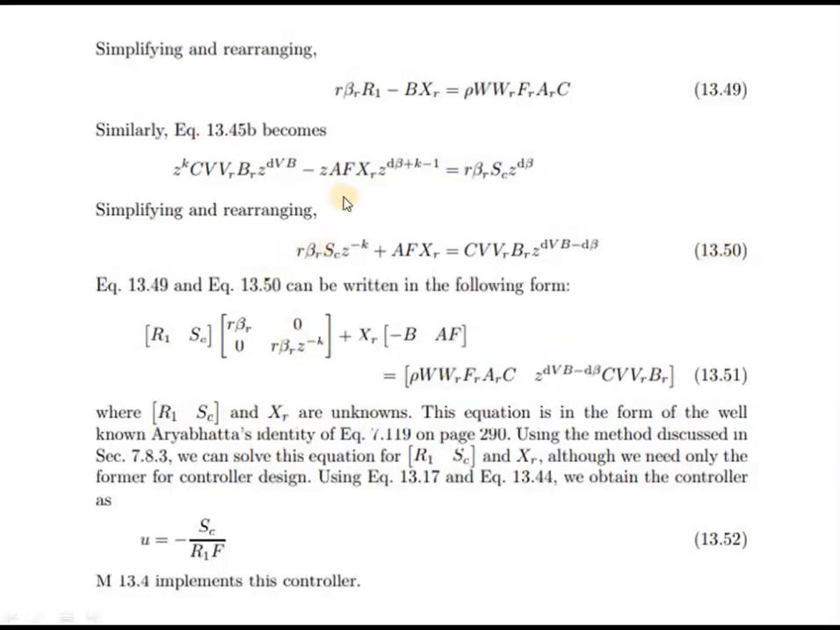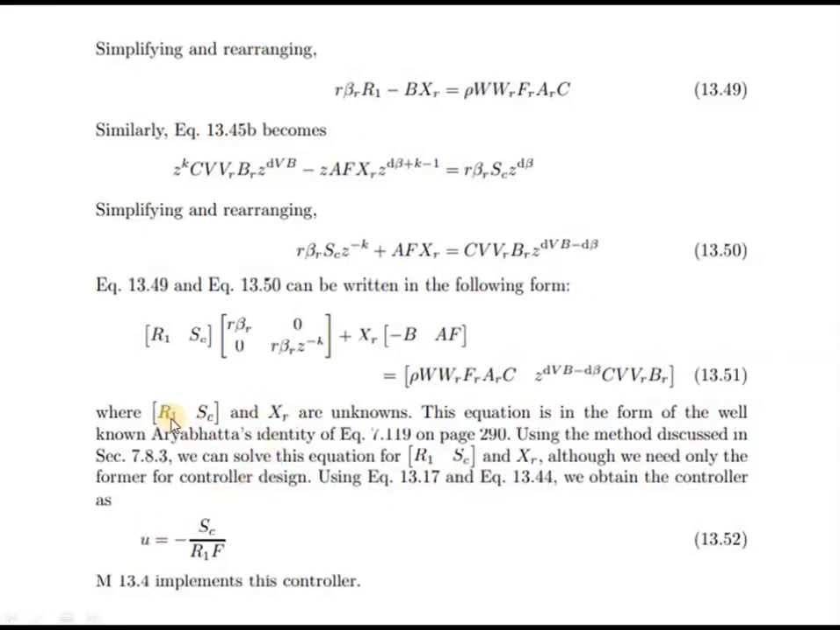We have to just arrange these two equations in matrices, and the variables are r1 and sc. From this we can see that this equation is in the form of the Aryabhatta identity, and we have to solve this Aryabhatta identity to find the unknown polynomials, that is r1, sc and xr. And once we have calculated these polynomials, we can design the control effort to minimize the performance index j,